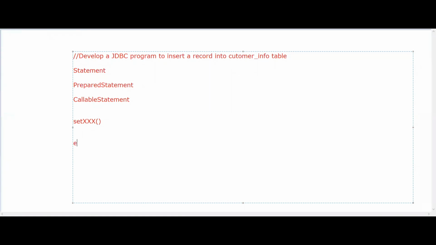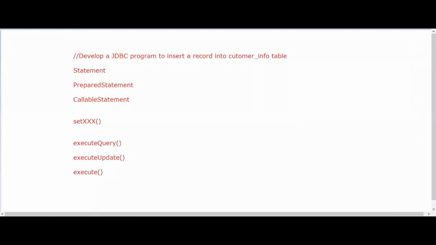There are 3 methods in the JDBC context: execute query method, execute update method, and execute method. Which method will I use particularly for this context? Remember, in today's task, the execute update method.